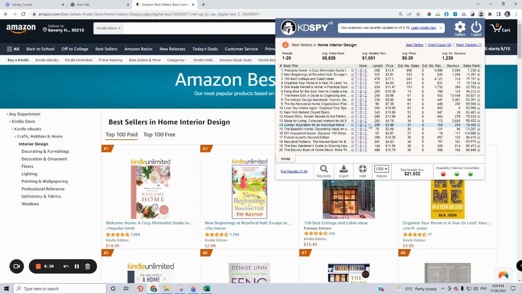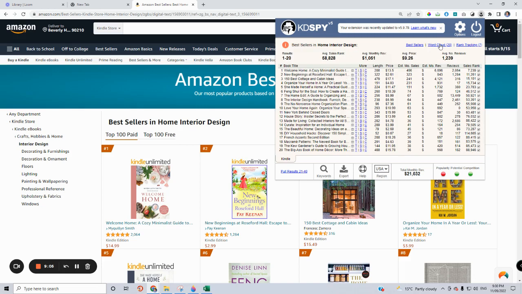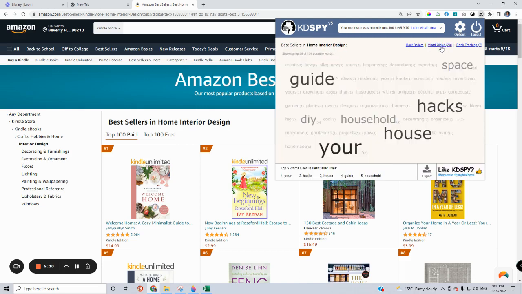For the first thing we're going to do is we're going to click on the red button at the top. It tells me that if I want to be the #1 best-selling book in this category, I need to sell 33 Kindle copies within 24 hours. If I want to be in the top 20 books here in this category, I would need to sell 2 books in 24 hours. So if we go over here to word cloud,